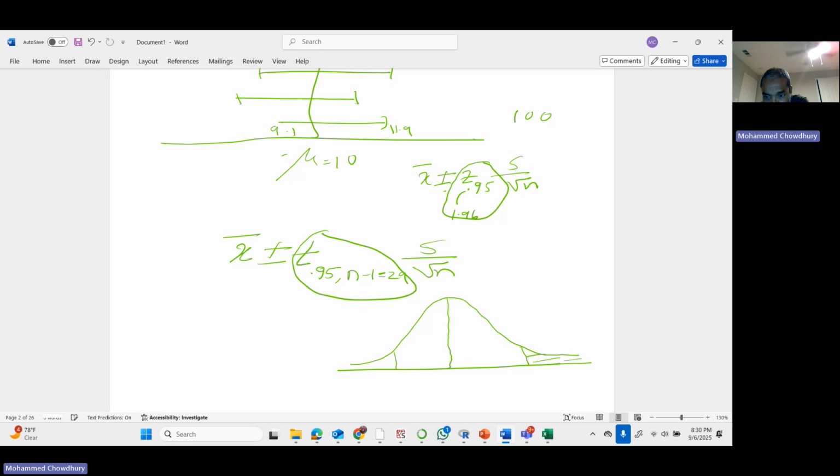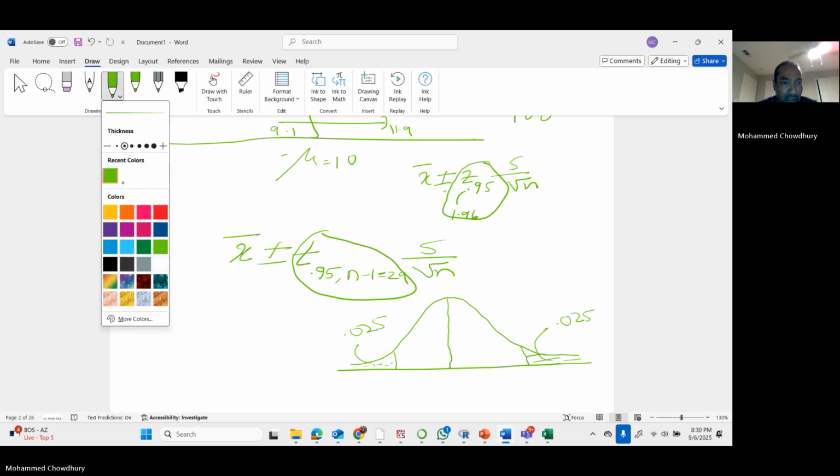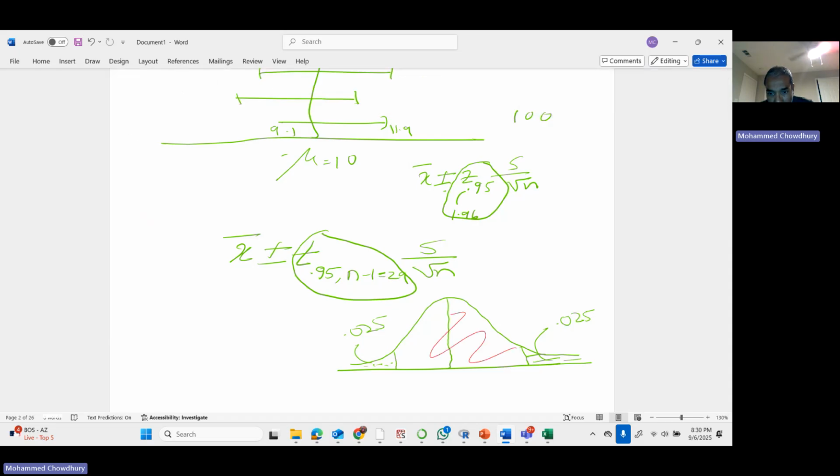So here is a 0.025. Okay, now how much is in there? From here all the way to here, how much is in here? This all red part is